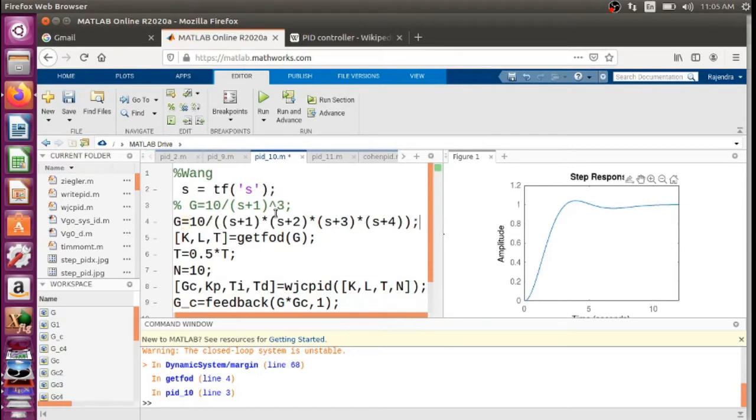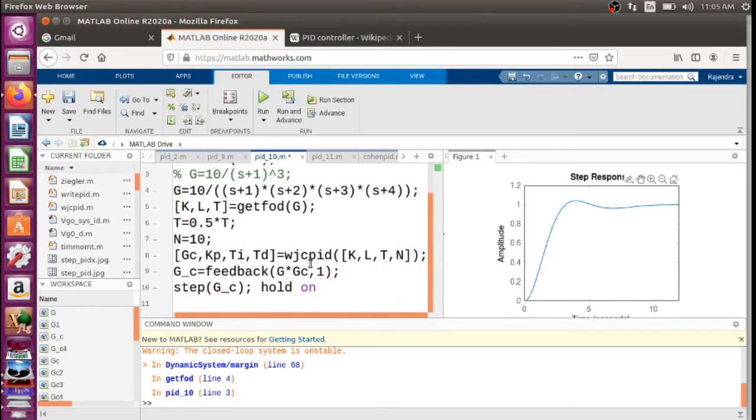Now the rest of the code remains the same.